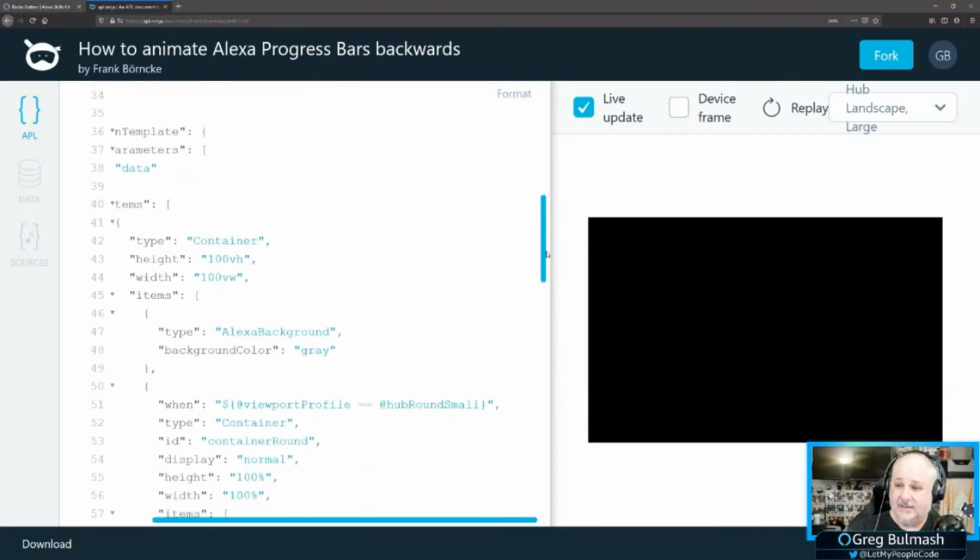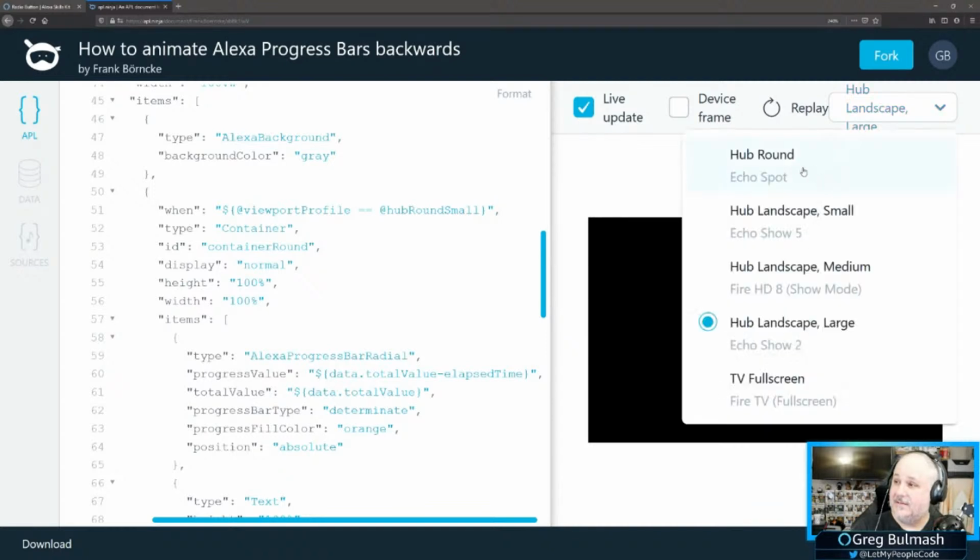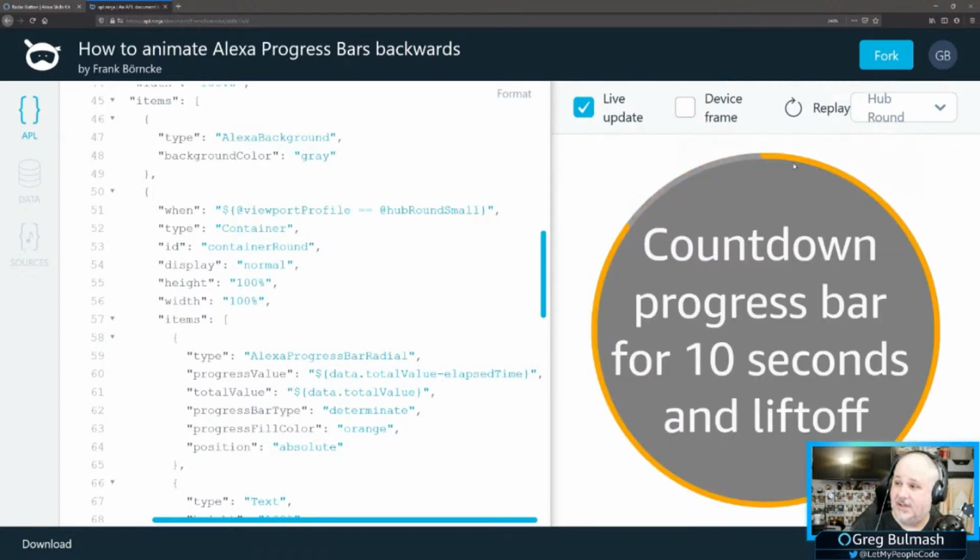And then here, he's using the viewport profile information. So if we're getting a viewport profile of hub round small, then Frank, instead of using the line for this, is using a circular progress bar.